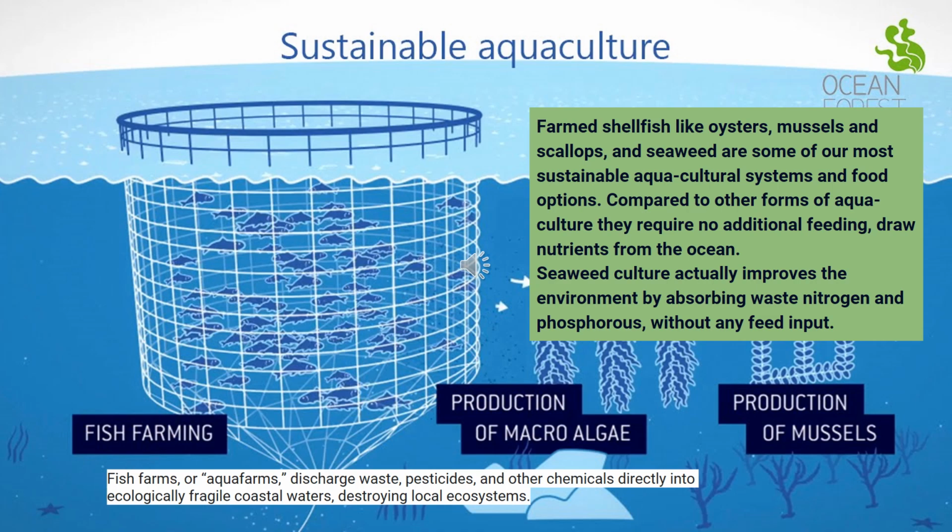Farmed shellfish like oysters, mussels, and scallops, and seaweed are some of the most sustainable aquacultural systems and food options, especially when you think about fish. Well, all of these really, but when we have to create a crop, say grow corn, we've got to take off all the natural vegetation and plant a whole new crop. So we destroy an ecosystem and then put our crop in, and we've got to usually do some additives of fertilizers, sometimes